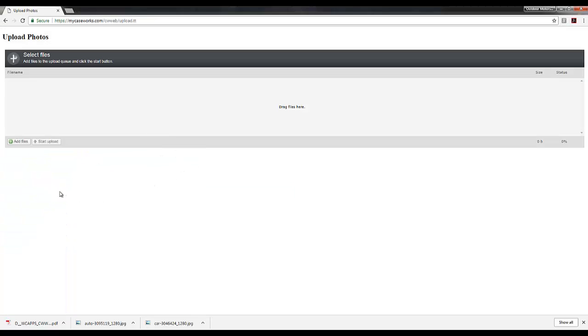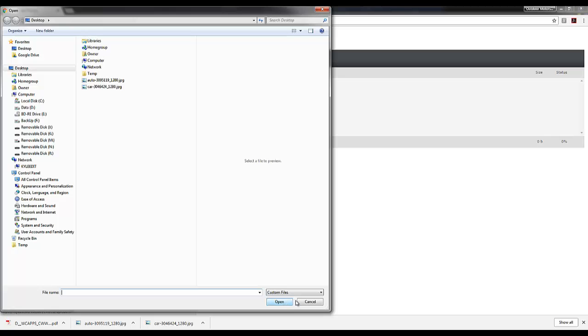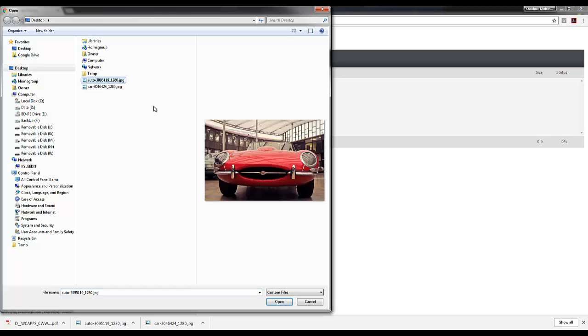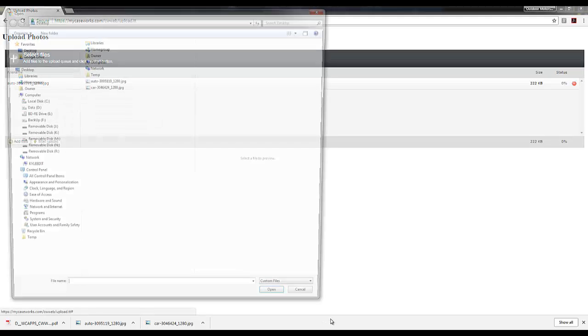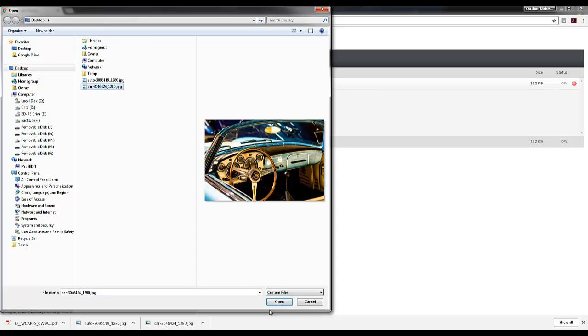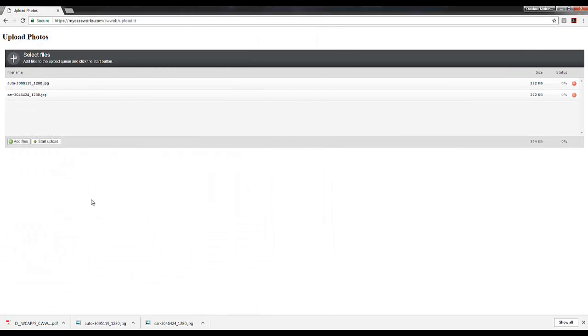Now what the program wants you to do is for you to tell the software where that particular image lives. So you can click this thing, Add Files, and it takes you to the location on your hard drive. You got to go find it, and then you can select the photo that you want to upload, and then the program will show you that you have identified that photo as to be uploaded. We can add another file, for example this file here, and then now we see we have two files that have been identified that we want to upload to the system. So we hit Start Upload,